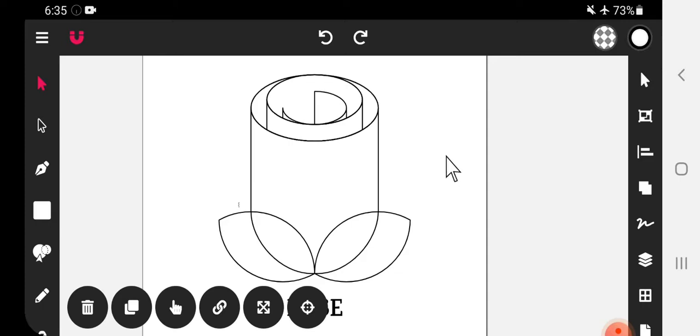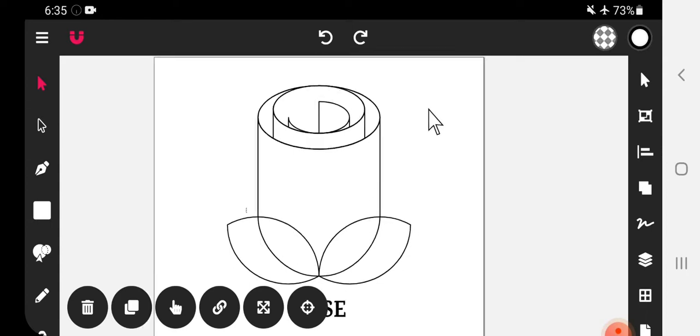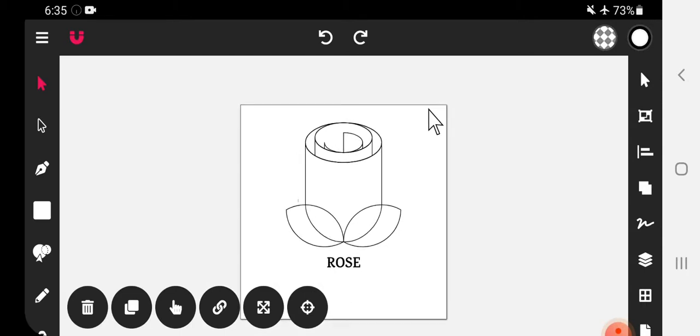So it has different components: the shape is like a rose, this part is like a cup, and this part is like leaves. It is a brand of a tea company, showing the rose, the cup, and the tea leaves. Before starting with this logo design, we will first try to understand how to crop shapes in Vector Ink.